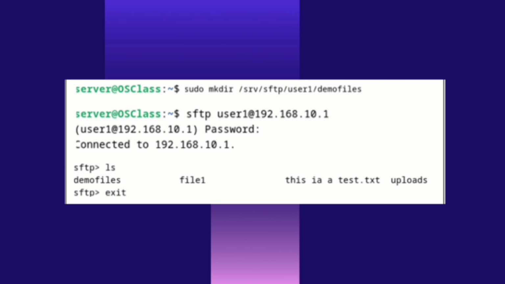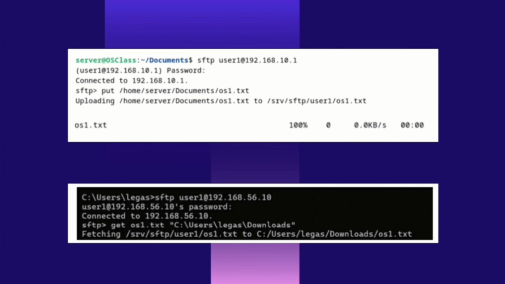The command is sftp user1 at 192.168.10.1. And then lastly, we have to verify the directory setup by listing its content. The command is ls. The expected result is the directory demo files should be accessible to